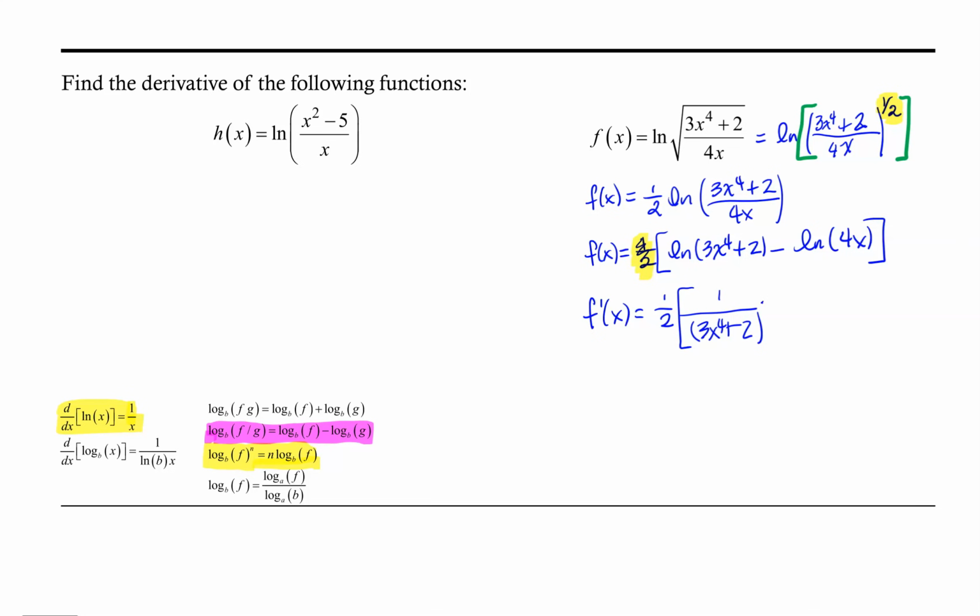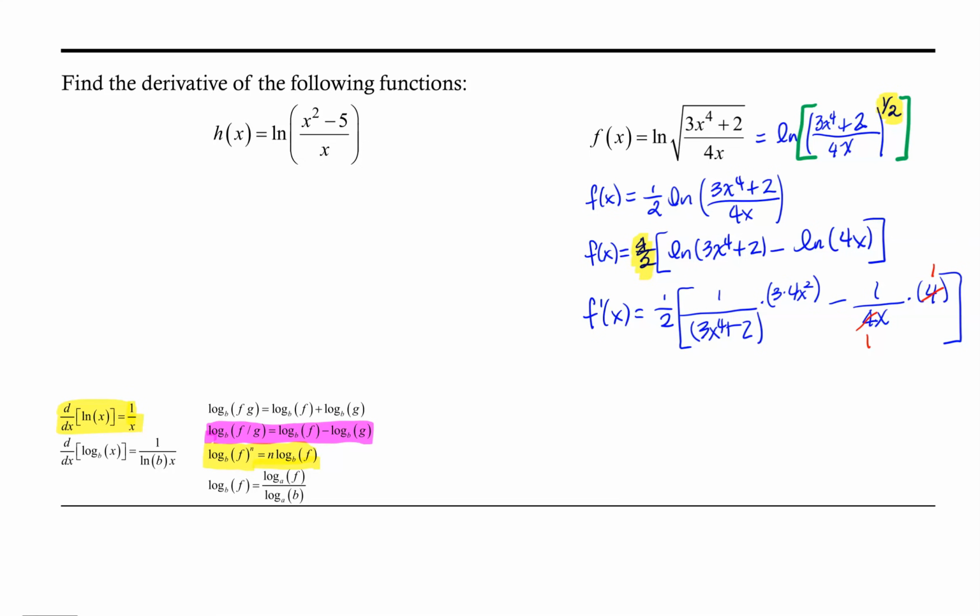So the derivative of 3x to the fourth is 3 times 4x squared, plus 0, the derivative of 2 is 0, minus, and now the derivative of the natural log of 4x is 1 over the argument, so 1 over 4x, times the derivative of 4x, which is 4. Now, looking at what we have here, notice that this 4 in the 4x denominator can divide out with the 4 in the numerator,